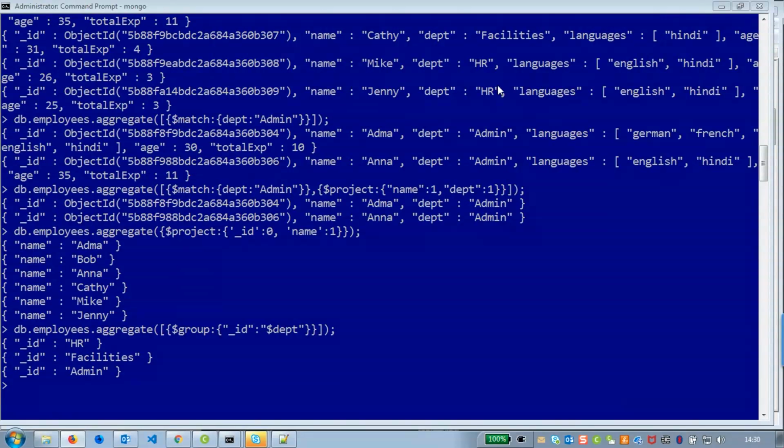Same thing, we can perform operations also, like sum and average. This is also possible. For example, I want to sum all the employee ages. How to do that? Same, db.employee.aggregate, we do group. But what I am doing now, I don't want to manage the group using _id. I keep it as